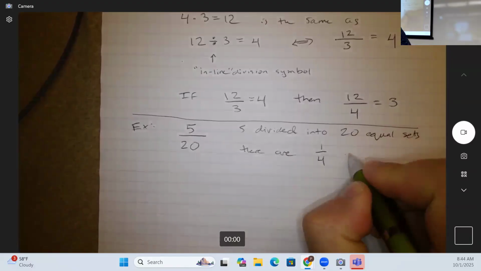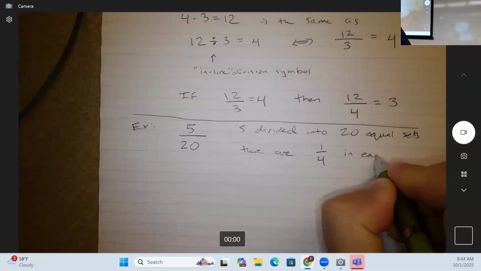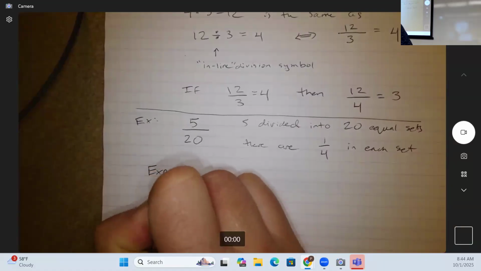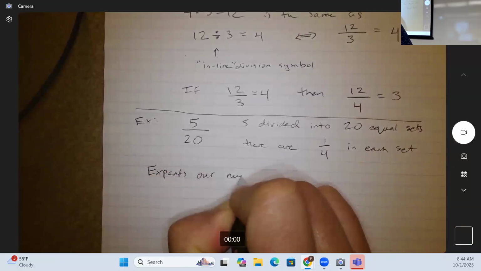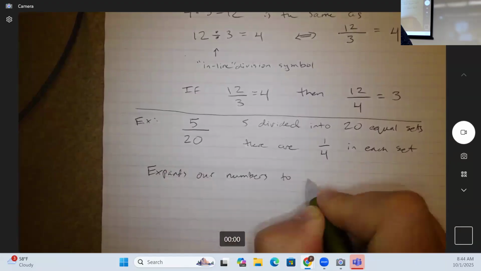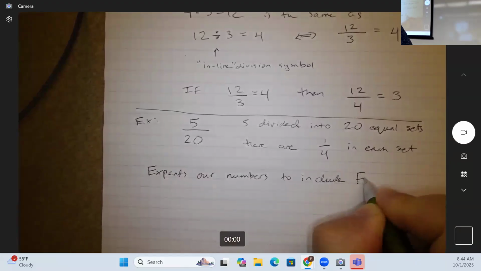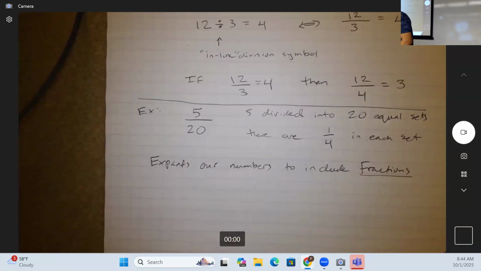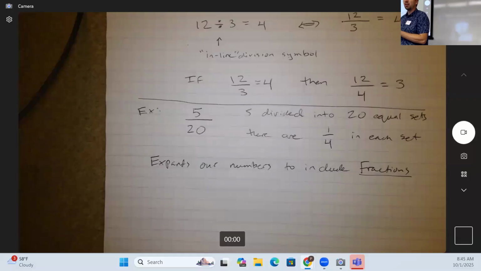There are 1/4 in each set. And this expands our numbers to include fractions. So we were working with all whole numbers. Then when we started doing subtraction, we said, wait a minute, now I've got negative numbers. Multiplication, that's fine, it's just still whole numbers. But as soon as I allow myself to do division, all of a sudden I have more numbers, the fractions,